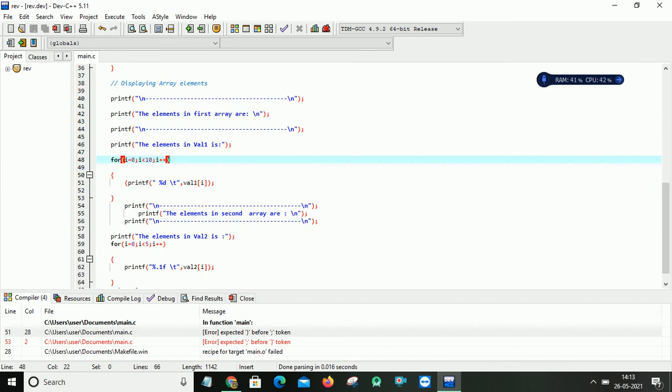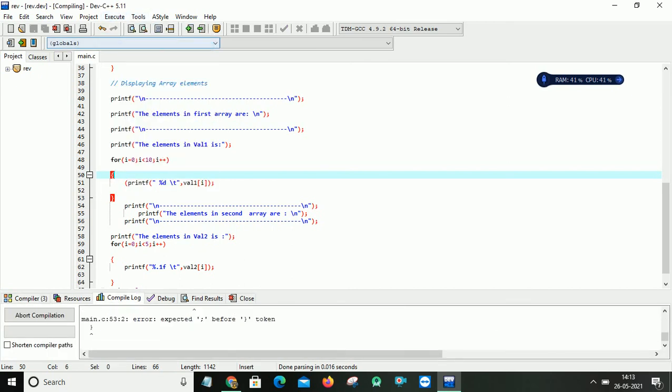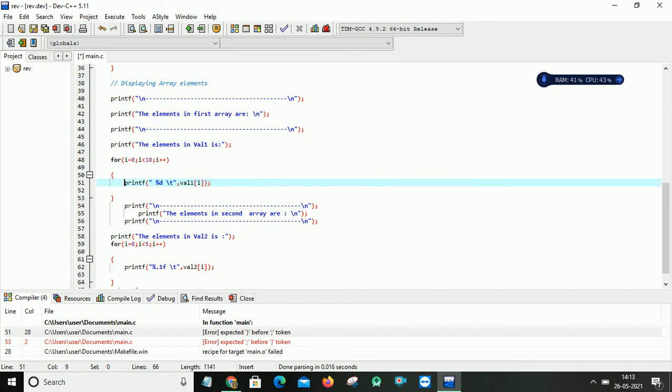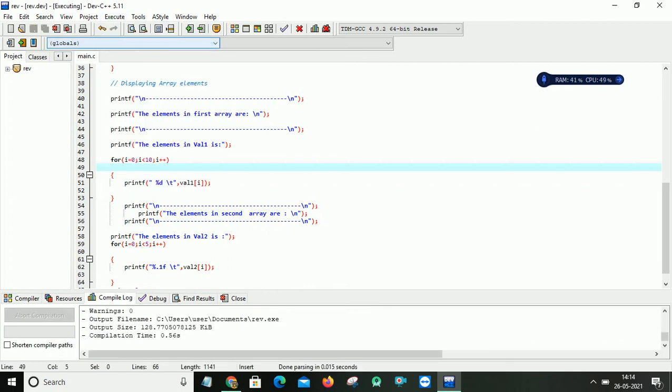Expected semicolon before. Yes, here I'll give one more bracket. So I made a change here. I'll compile and run this program.